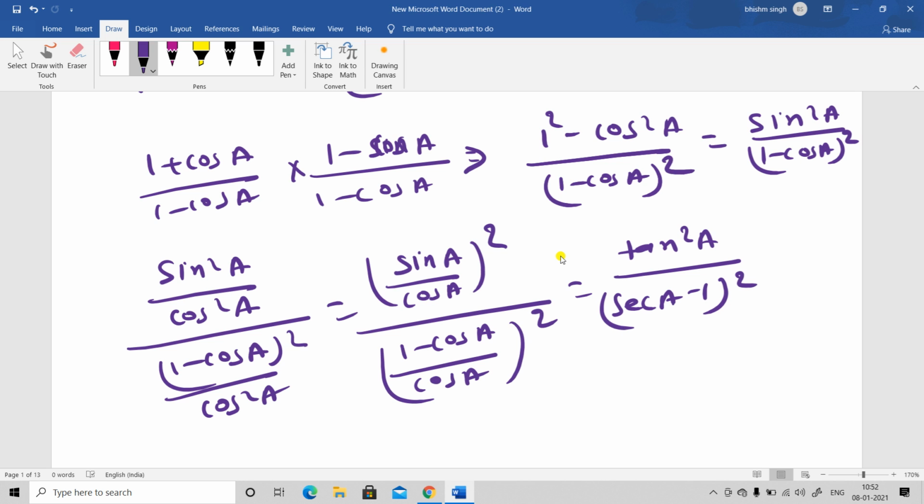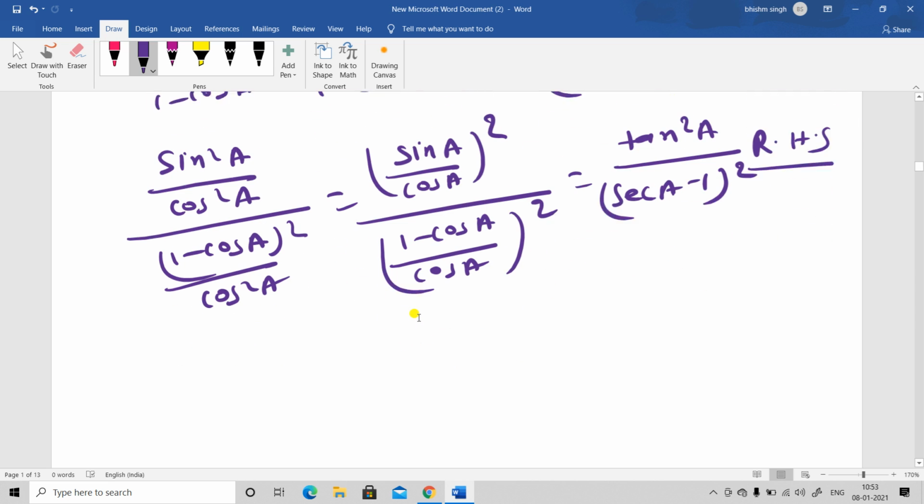Okay, so tan square a into sec a minus 1 whole square, I got the RHS in this one. So this is done here. Okay, this answer came correctly here, sec a minus 1. Even you can solve this question like I have started from the LHS side now and I am getting the RHS. You can start from the RHS also, you can get the LHS. Okay, this is not a difficult one.